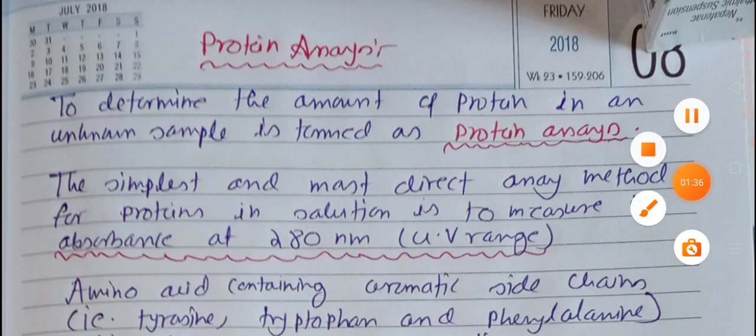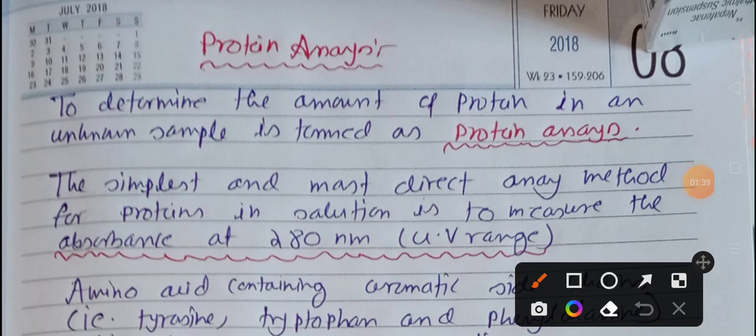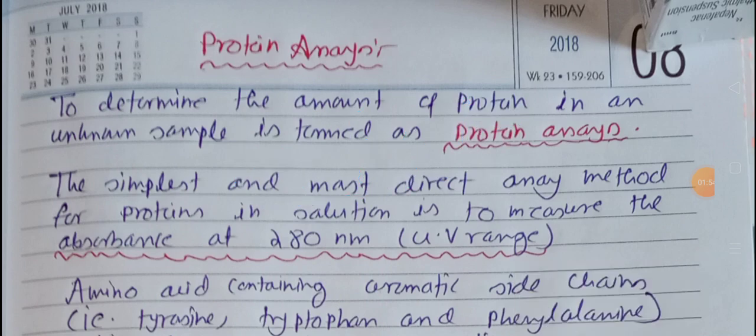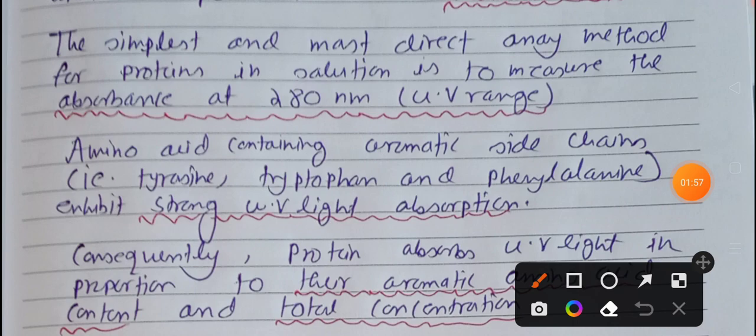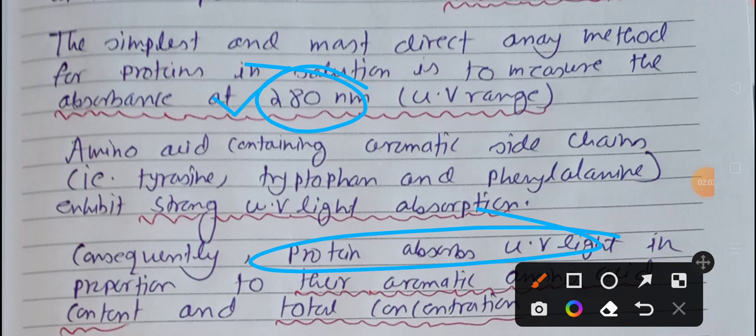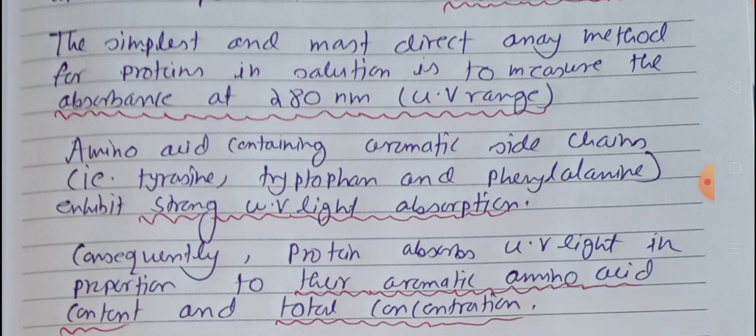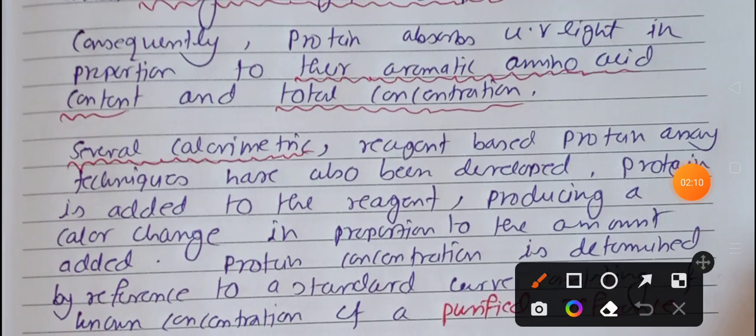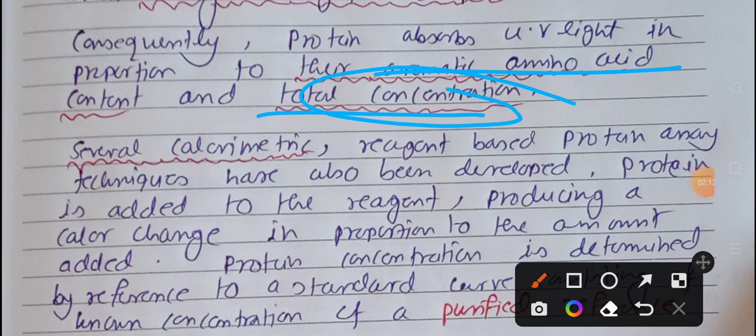So I will tell you that if there is any kind of protein in that particular solution, then in that protein there may be some aromatic amino acids, right? And the aromatic amino acids are phenylalanine, tyrosine, tryptophan. These aromatic amino acids absorb in the UV range, especially at 280 nanometer. That is why protein absorbs UV light, especially at 280 nanometer, and gives you an absorbance value. Okay, so especially due to the presence of aromatic amino acids as well as for total concentration, protein will absorb